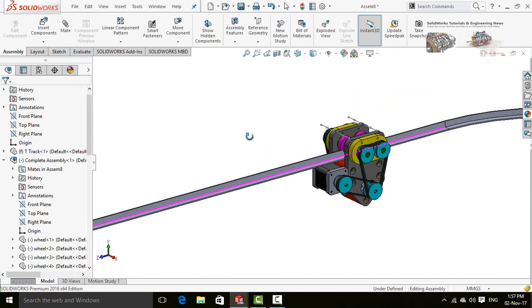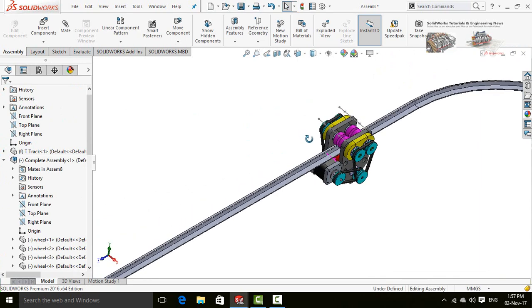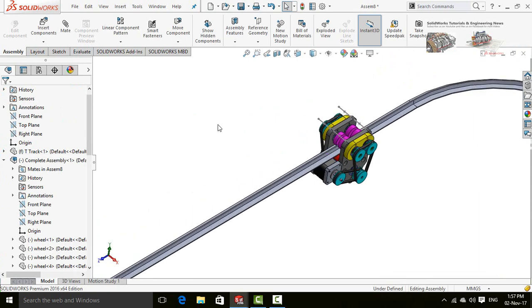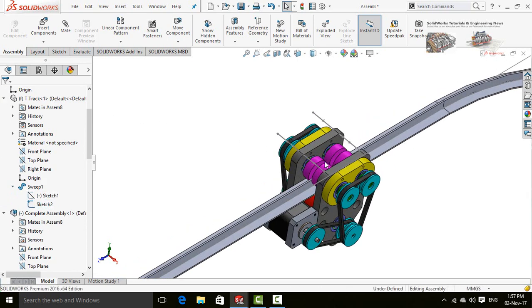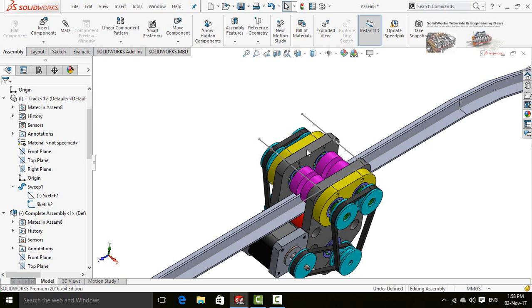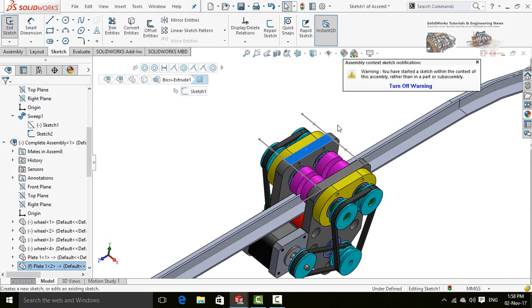Now we have to create the path or curve. For that, drop down this track component and again drop down swept component command and select this sketch 2, which was our curve. Select show button. Now click on this face and select sketch.